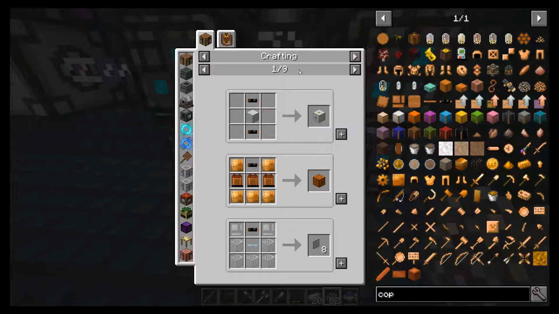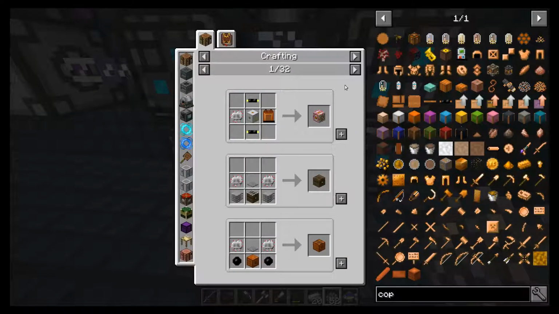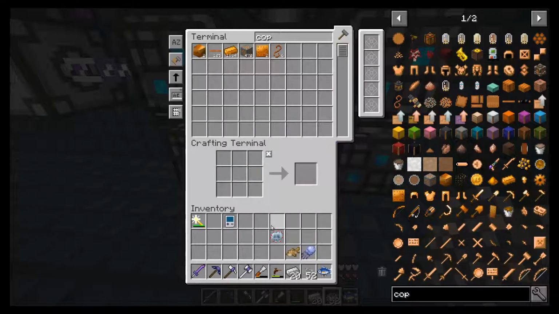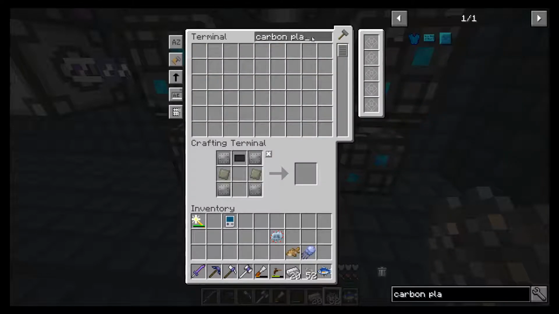11 of those, so we use these to make electric circuits. Weird. 2. So we use these. I know it's in here. To make these. 1, 2. And then we use these to make one of these. So we're going to need another carbon plate, which requires raw carbon mesh, which requires